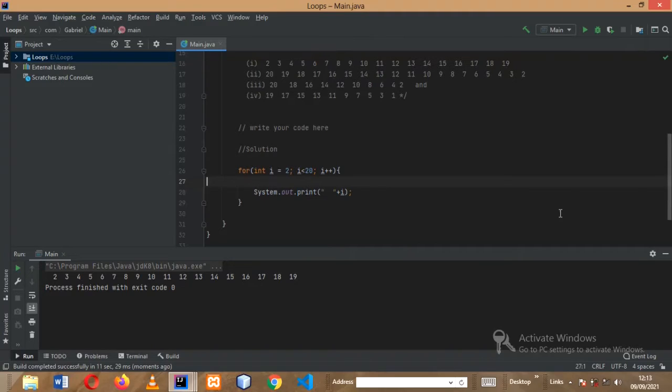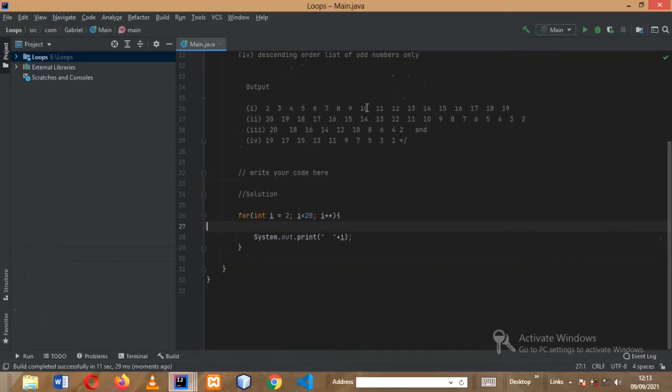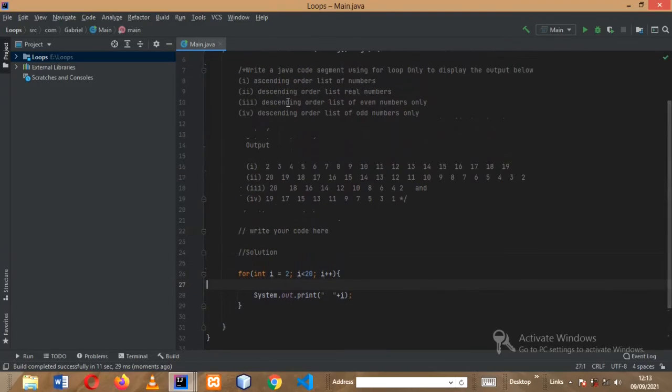Okay, now let's move to the next question. It says you should display it in a descending order, but include 20. Yeah, include 20. So let's read: descending order list of numbers. So yeah, let's do that